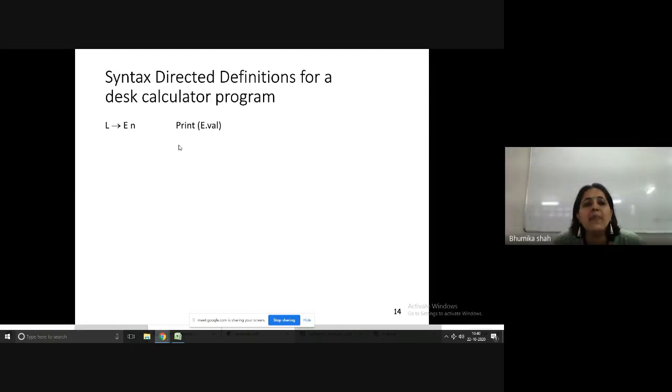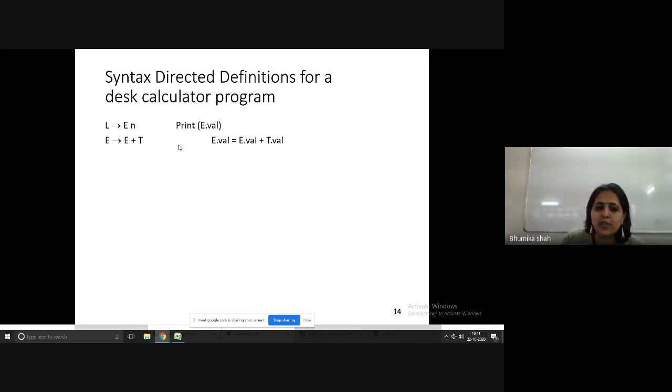Okay. So the first rule we have taken is the augmented rule, where we have E dash derives E, or let us say L derives E. Fine. On the left side, we have written the production, which is part of the context free grammar we used earlier in the syntax analysis phase. On the right side, I am going to write the semantic action, or SDD, equivalent to the left side context free grammar. So if my production is E derives E plus T, the equivalent semantic action is going to be what E derives E plus T is basically doing.